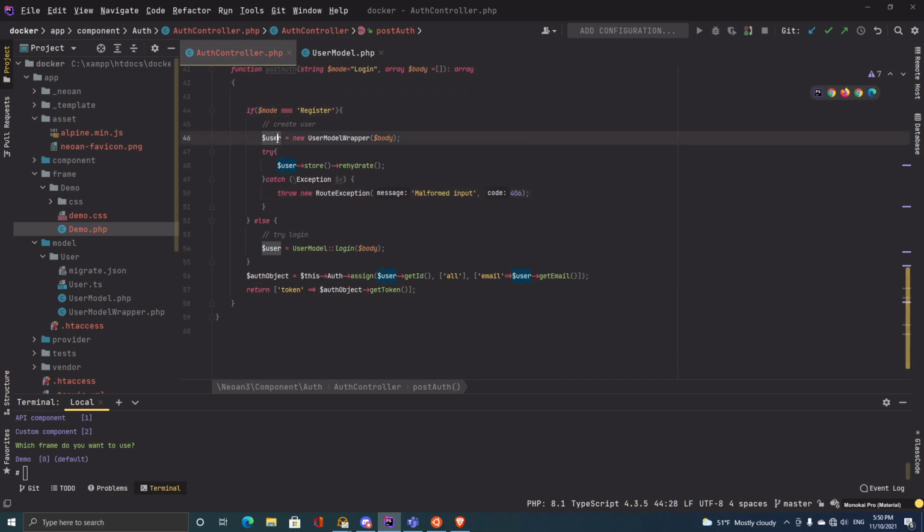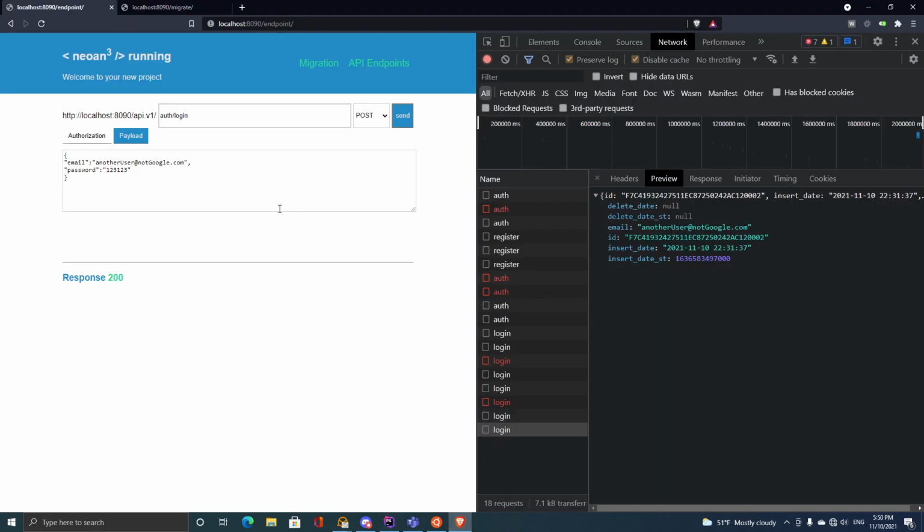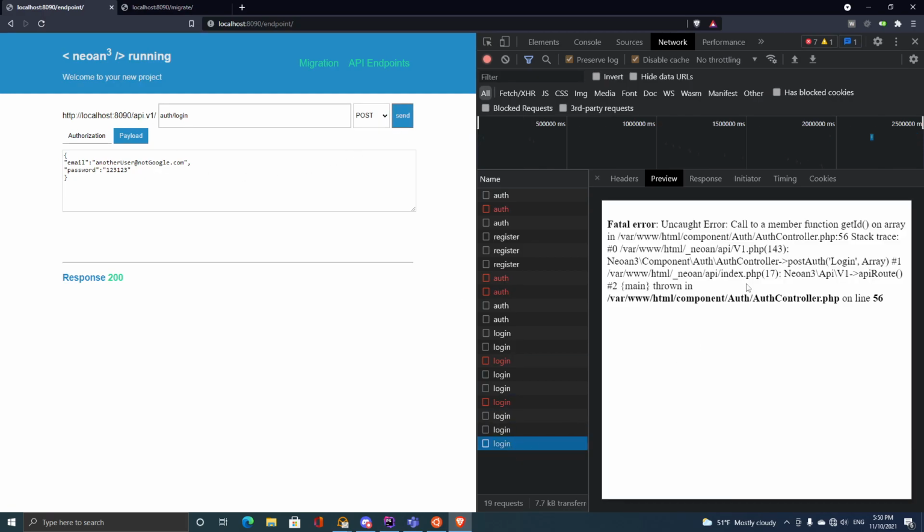Right, so in the case of register, our user is basically a new user, and if that shouldn't work, then give him some kind of meaningful response. And if there's a login and that works, then let's basically generate this auth object. So either we're a new user or we're an existing user, we don't care. We generate this JSON Web Token and then basically get our token back. Okay, what that means for us is that I should now be able to send this over and, oops,